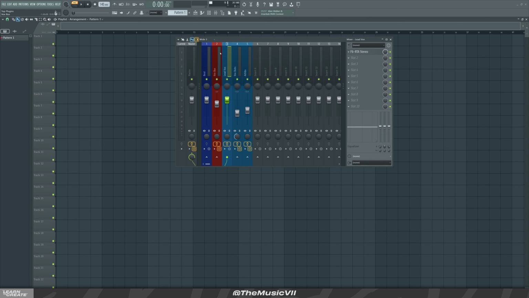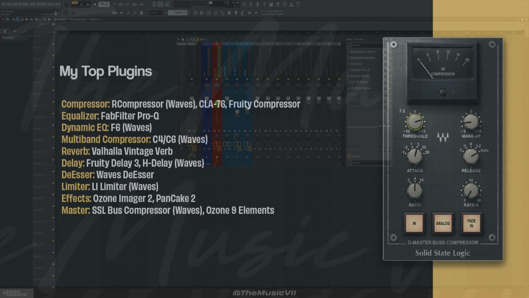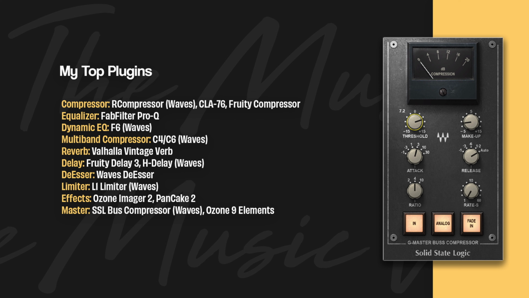Now, the majority of my plugins are always on the vocal bus, okay? So if I just read out all the plugins that I tend to use, okay? Now I'm going to break it down into categories on which type of tool or plugin I use for each instance, okay? For example, compressors. These are my go-to compressors. The R compressor from Waves, the CLA76 compressor from Waves, and the Fruity compressor, which is the stock plugin